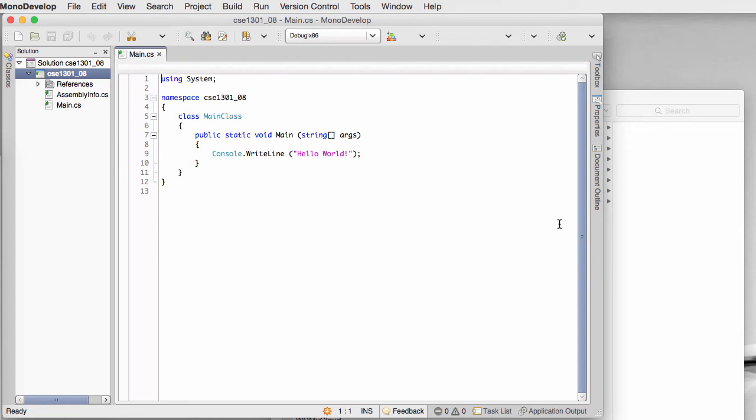Hello. In this tutorial we're going to be focusing on how to do object-oriented programming. Specifically, we're going to learn how to define a new class. So you'll notice inside of our blank Hello World program we have class main class, and if you've wondered what's